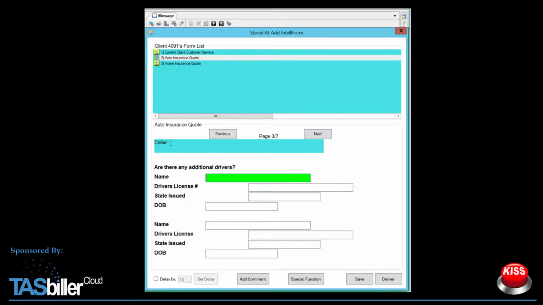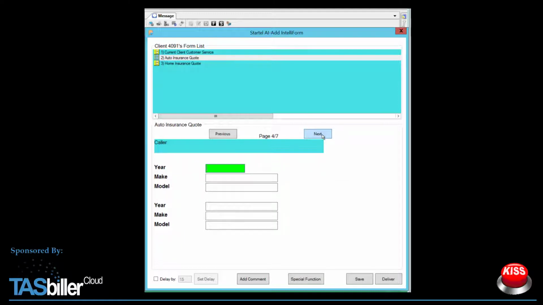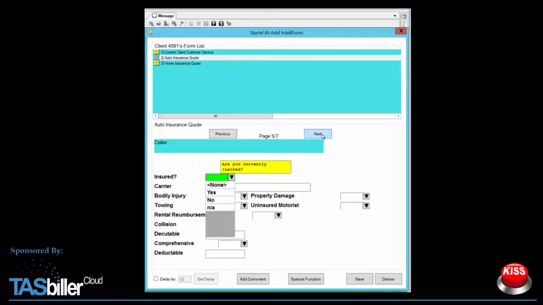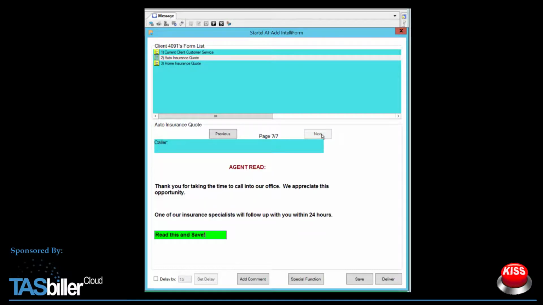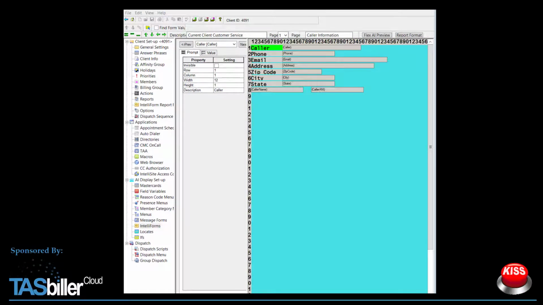So the caller's name is always being displayed. Logical information is grouped together for the agent to ask the questions from the caller. And we go through several pages of this, and it works really nice and surprisingly easy. Pretty cool. Now the next part that was a mystery to me was, okay, how do we get these messages